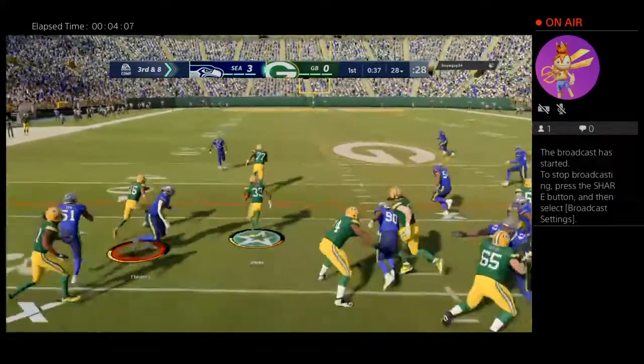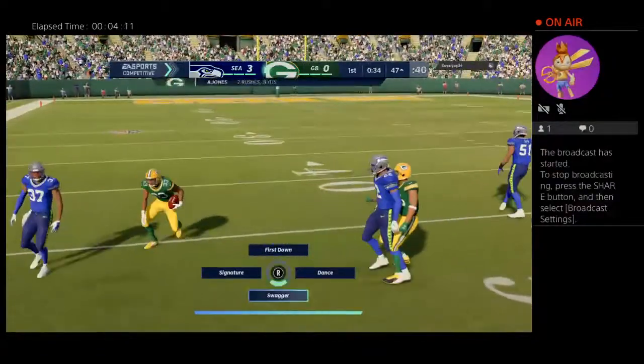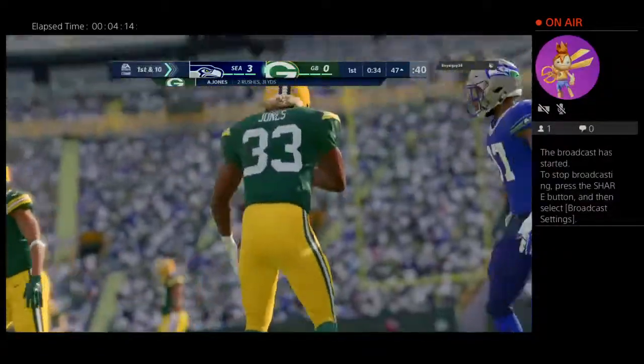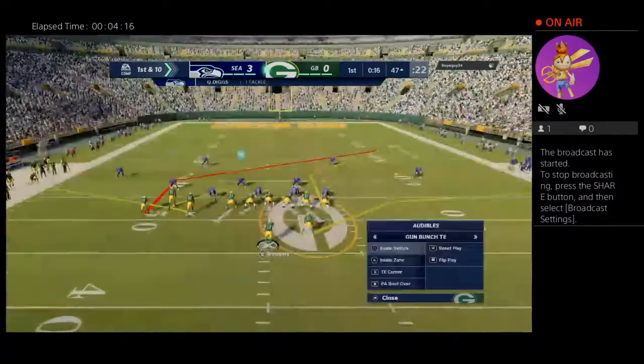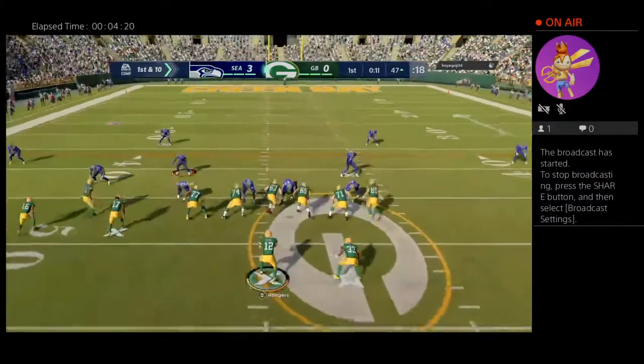Out of the shotgun, it's Jones. First down and much more here for Jones. And he's got it across the 50 to the 47-yard line. 25 yards to pick up there, and also a first down. 1st and 10 at the...